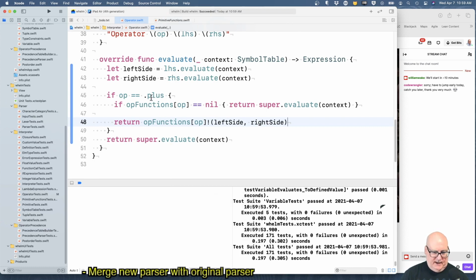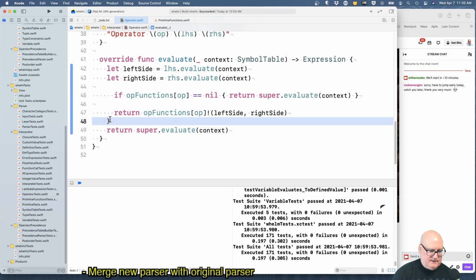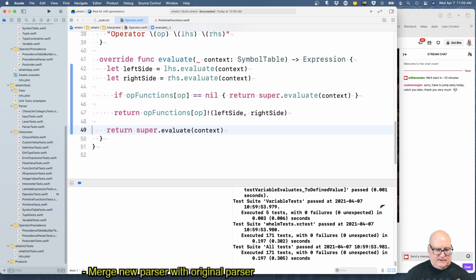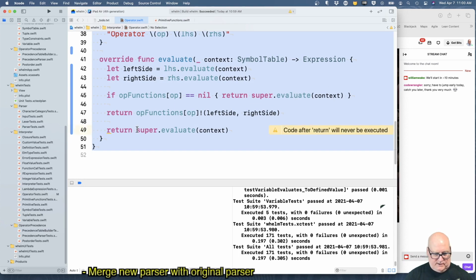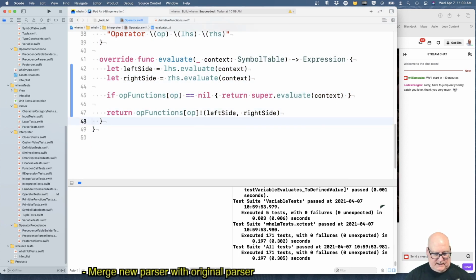All right, now this case, we don't care that it's plus. If there is no defined operator function, we'll just return it, but this can't happen anymore. All right, so we evaluate the left side, evaluate the right side.